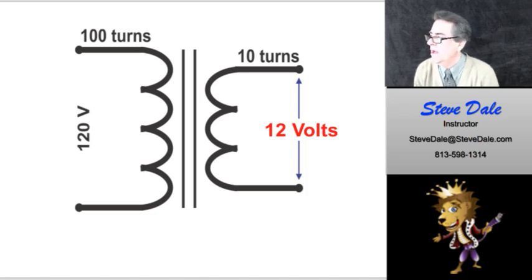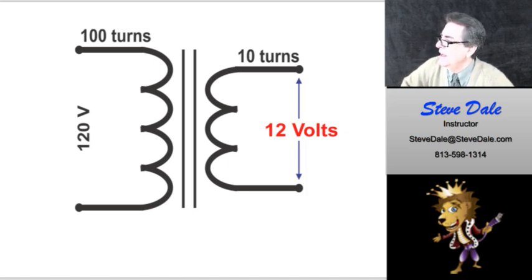step-down transformer, the primary side would have more wraps or more turns, and the secondary side would have fewer turns. So if you had a situation where you had 100 turns on the primary side, it was 120 volts, and it was a step-down transformer like in this example here, and you had 10 turns on the opposite side, you would reduce the voltage by a factor to 12 volts. Okay? So fewer turns on the secondary side would cause the voltage to